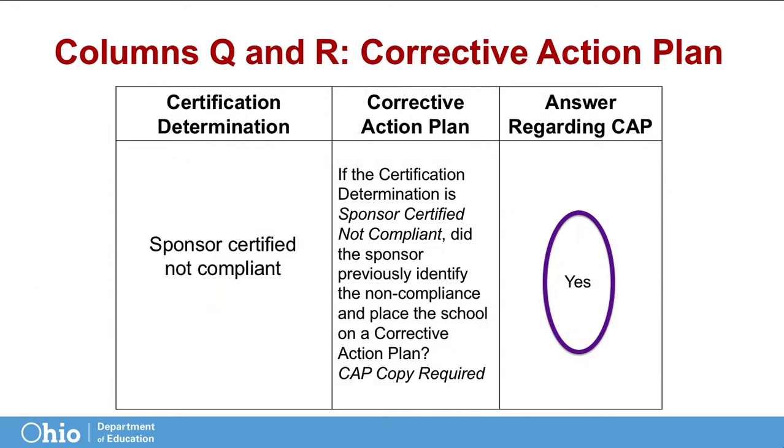If a school is not compliant for an item, but the sponsor has placed the school on a corrective action plan, the sponsor may be found to be compliant for that item. If the question is displayed, the sponsor must enter the applicable answer to the question in the Answer Regarding CAP column. In addition to answering the question, the sponsor must upload a copy of the corrective action plan for the